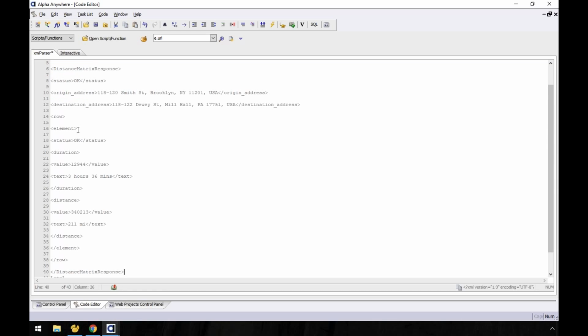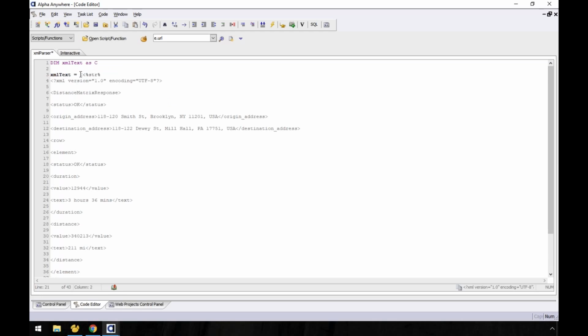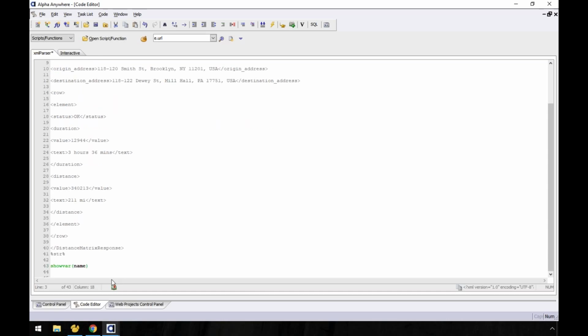So I'm just pasting that XML right here into a variable. This is a little trick. It says this is the start of a string, and that way you can put in returns and everything else. And here is the end of your string. So you'll notice it's all in gray because it's treating everything from the beginning to there. That way I don't have to sit there and go like this plus this row, etc. Now I'm going to use one of our built-in commands.